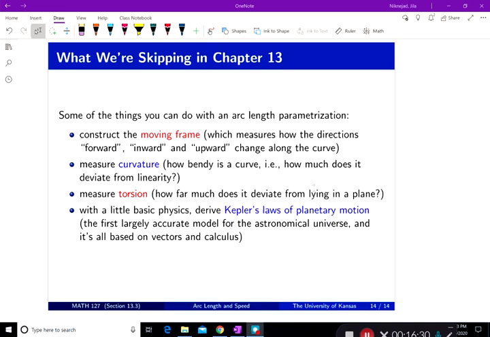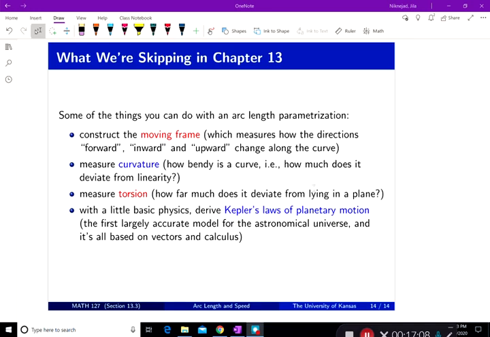Constructing a moving frame, which measures the directions forward, inward, upward, and that sort of thing along the curve, and then measuring the curvature, how bendy the curve is and how different it is from linearity, and measuring the torsion, which is how the curve deviates from lying on a plane,